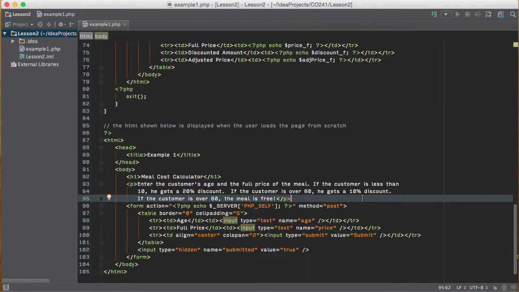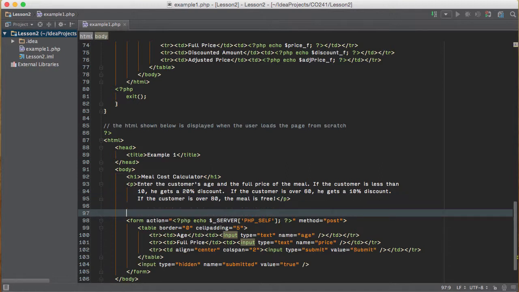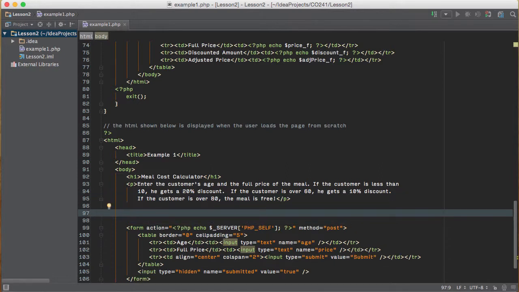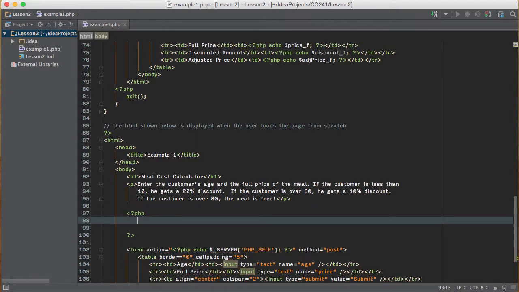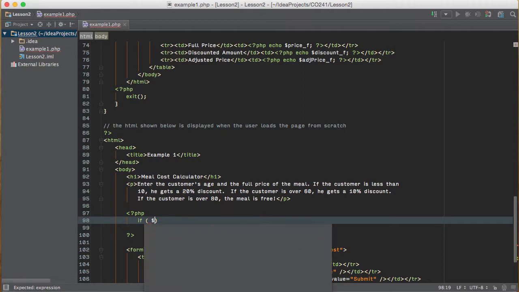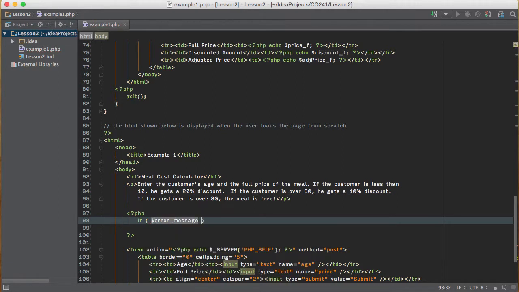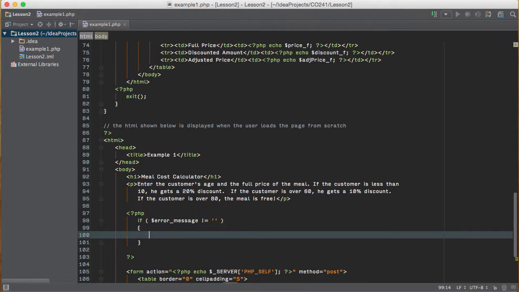Everything is cool until we get down to the form. So what I'm going to do is add some code here, and I'm going to put in a PHP section. And I'm going to say if the error message is not equal to nothing, which means if it's equal to something,